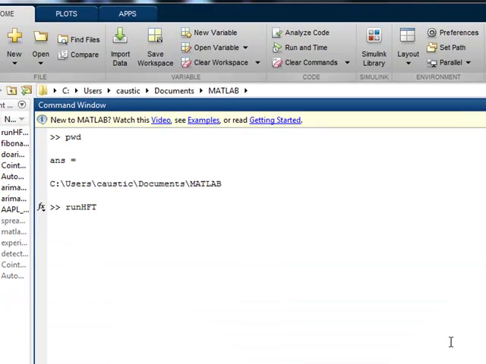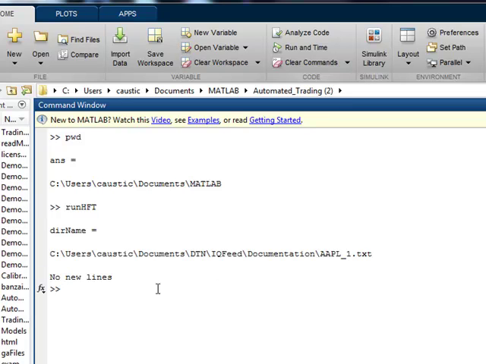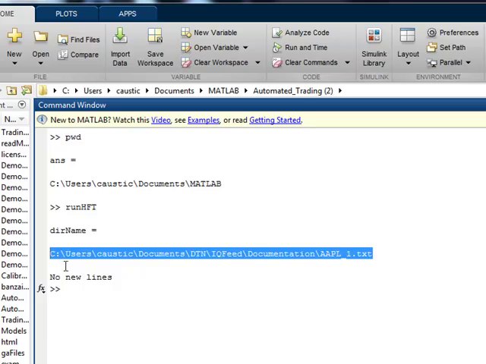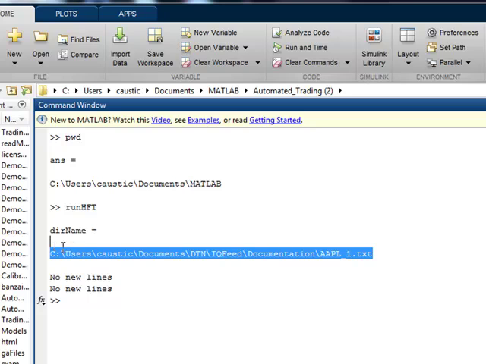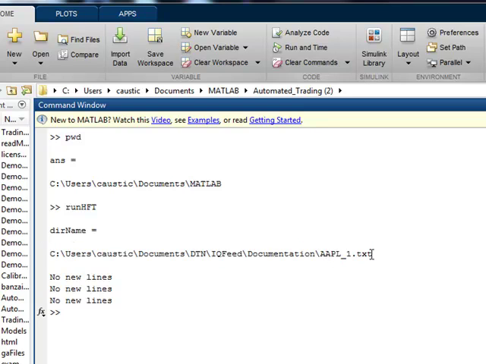Now again, very basic system, but the capabilities, because there's source code from end to end, from data capture to execution, it's all there, all done in Matlab. So let's run it. It's listening right now. That's what this new lines means. It's right now listening to this file, the Apple 1-minute history text file. Now I'm going to manually add lines in, pretending that those could be orders coming or activity coming into that text file. So I'm going to add a line to it, and I've got it right now.